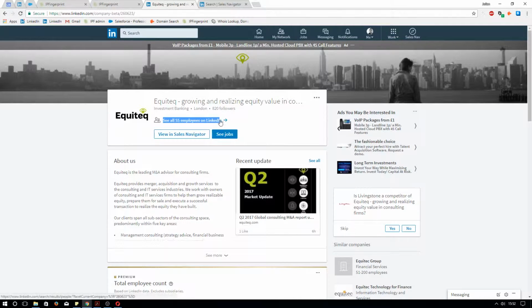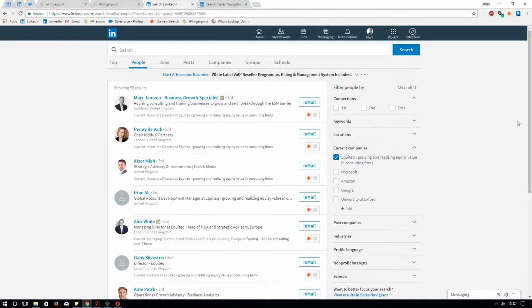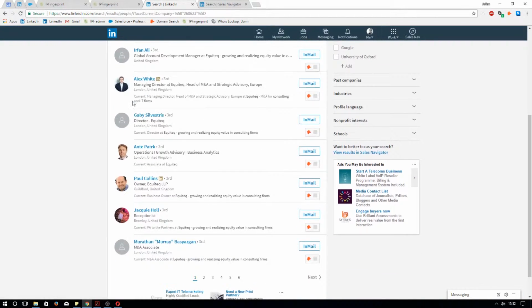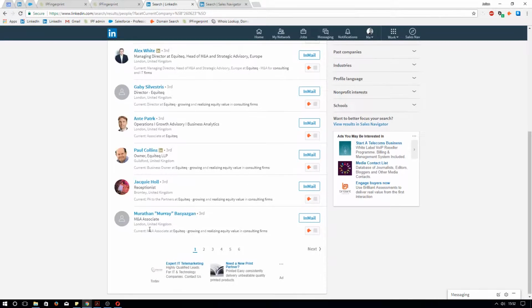We'll look at that in a moment, but let's click into the list of employees for Equitech. So now you see we've got a number of employees. At this point I'm going to reference the location of the visit. On the visitor details you see they visited from London, so that's already a useful piece of information. Now I just need to cross-reference really. You've got a few people here coming in from London,